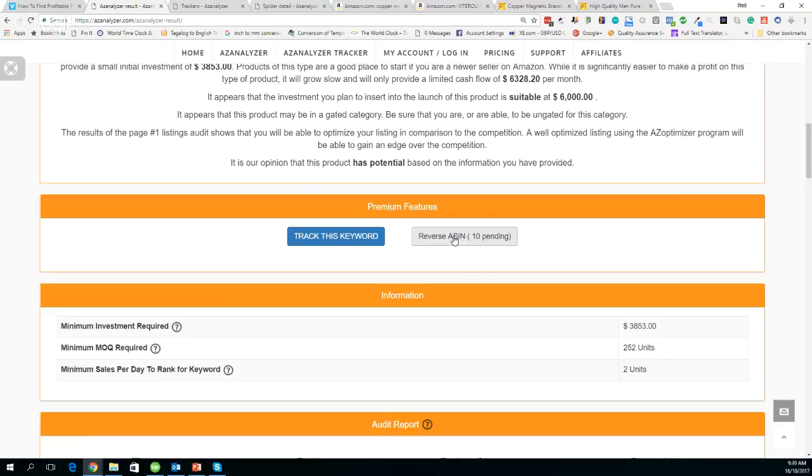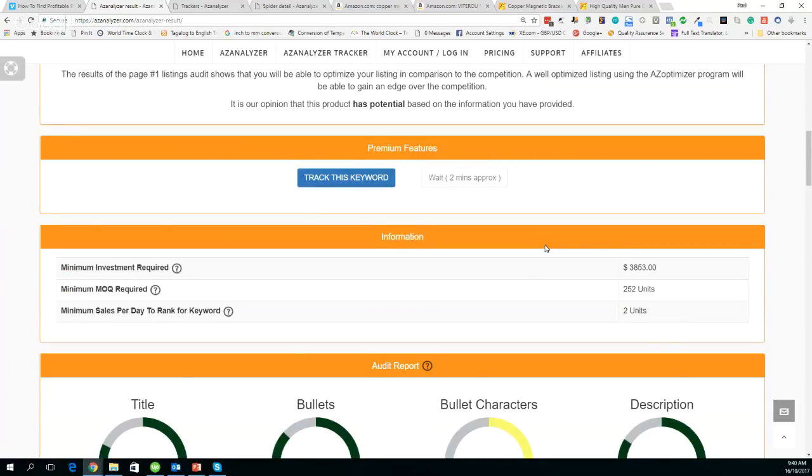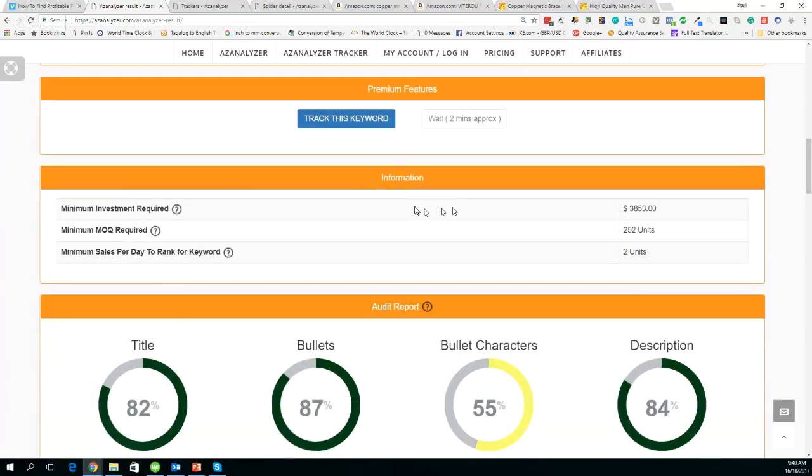So if I'm just going to press this, okay. So, and again, this is going to generate the results for me. But again, this is dynamite information that's going to come through. Let's scroll down while we're waiting for that. Minimum investment. We know there's going to be 3,800. It told us up there. We've got the